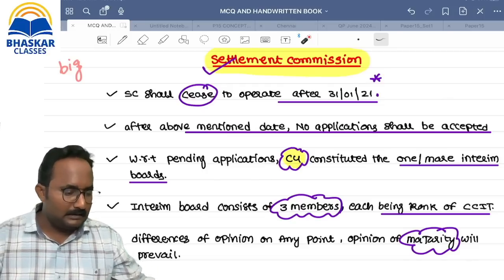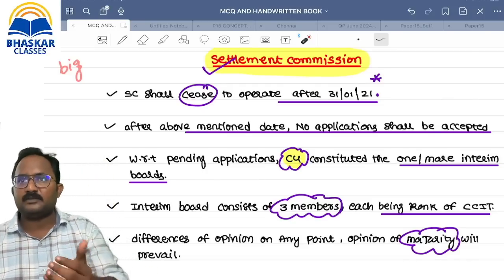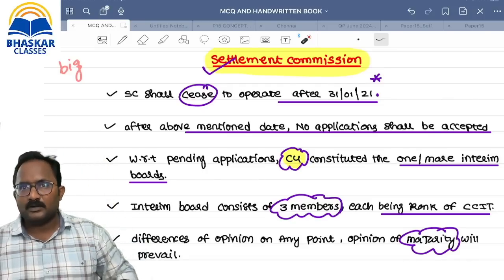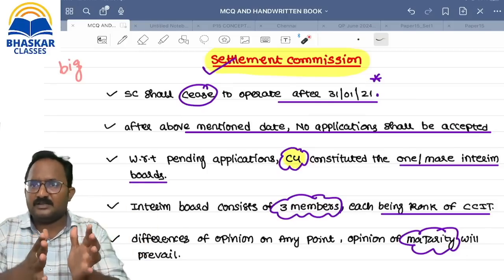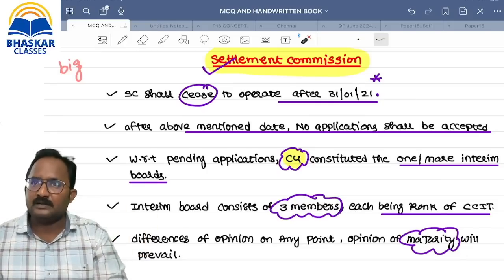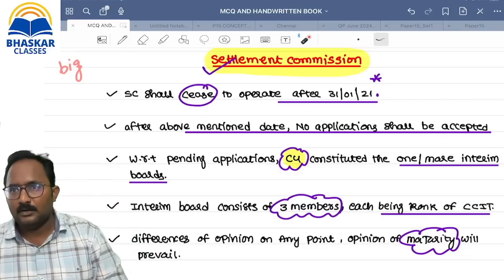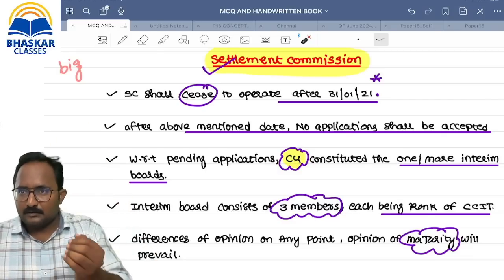So take a break till 2, then we can start the discussion of appeals. After that, we can take any small concept also. It will not take 3 hours, sir. 2 to 5, we don't have the time. It will be completed within 1.5 to 2 hours only. Then after that we can take one more small concept also. If anything is important, I will cover only that in the class.